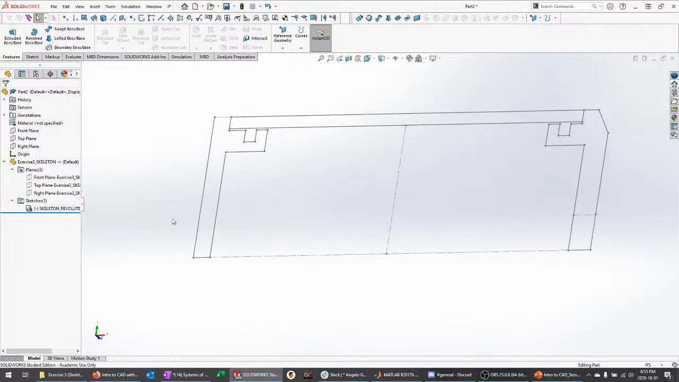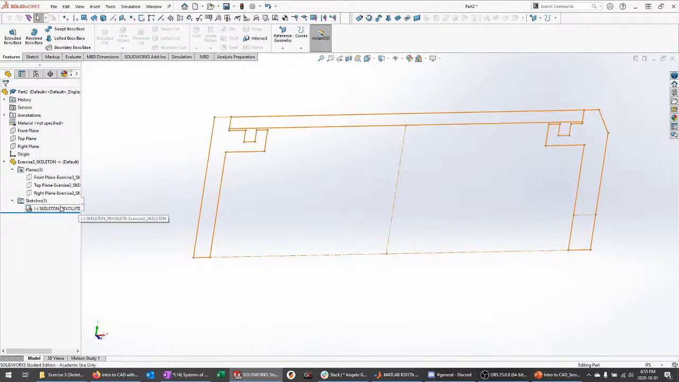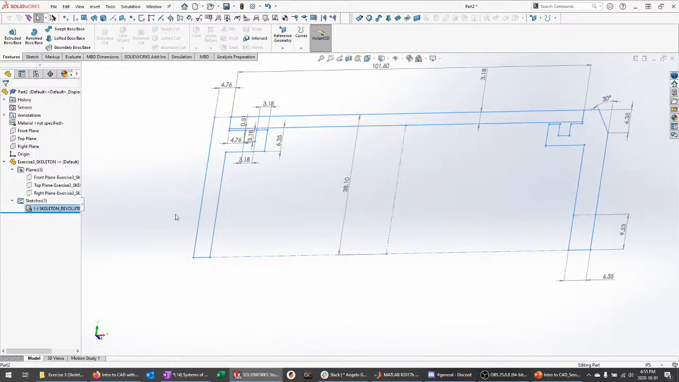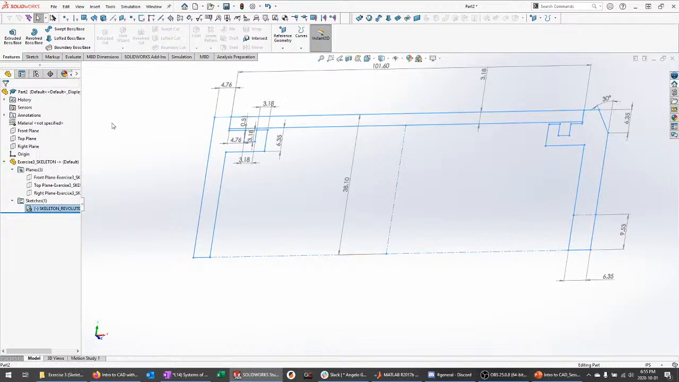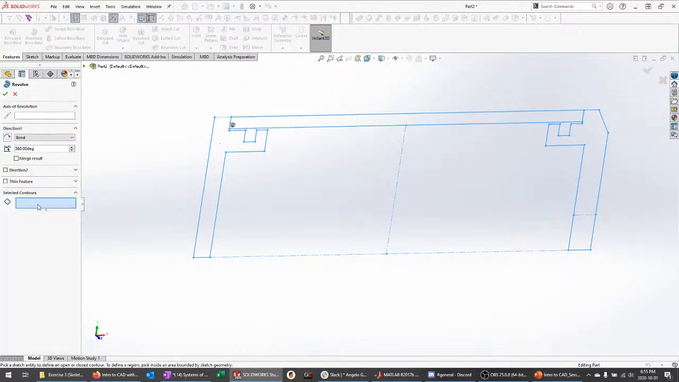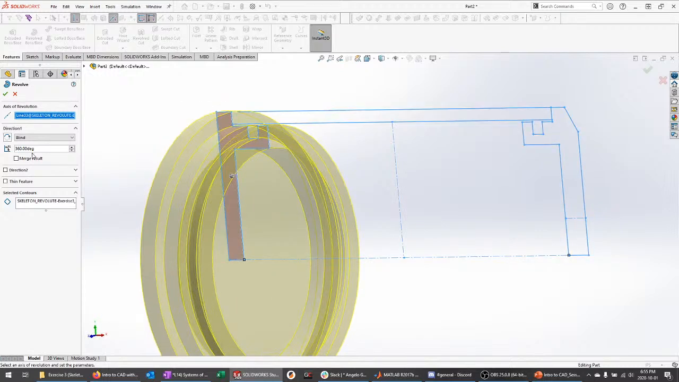And what I'm going to do here, if we wanted to, we could just revolve directly from this. In fact, I'm going to go ahead and show you that option. Select your sketch, select revolve, and under selected contours, you can actually select which closed contour you want to revolve. So you can select this here, and then the axis of revolution is this center line there. And when you do that,